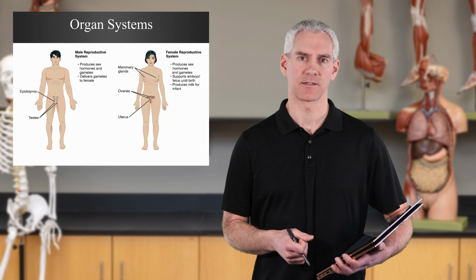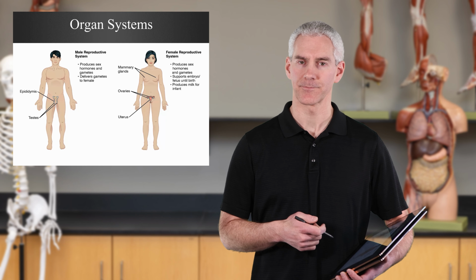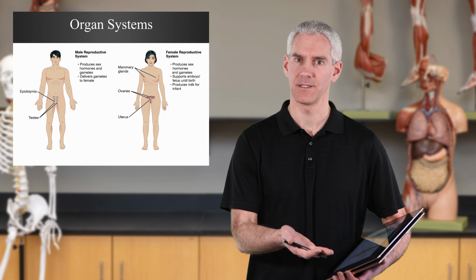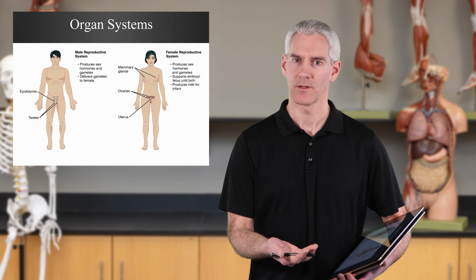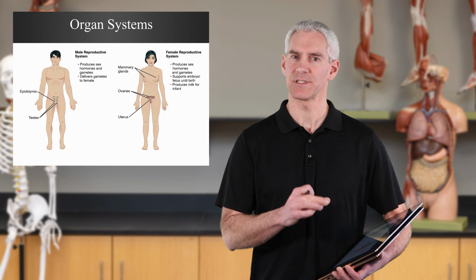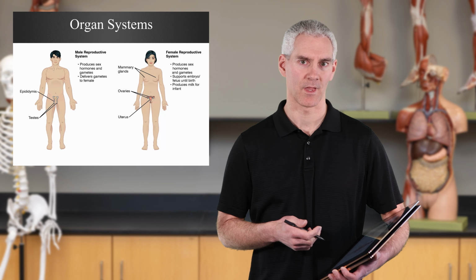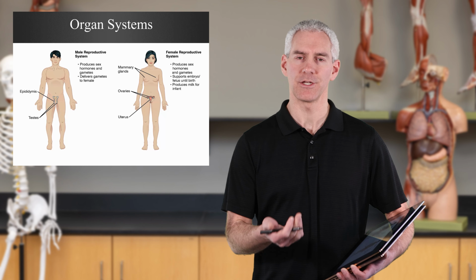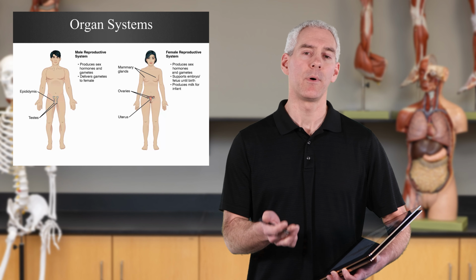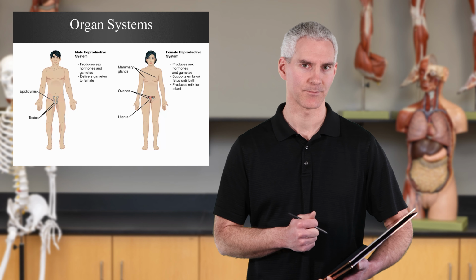And then the reproductive system. Now we're seeing both male and female on this slide because male and female for reproductive will have male testes, female ovary. So by the testes and the ovaries, you're having a slightly different system in both, but they both have the same basic functionality. They both are meant for procreation of the species, basically new humans. They both also have hormone production, hence why they're endocrine-based as well.